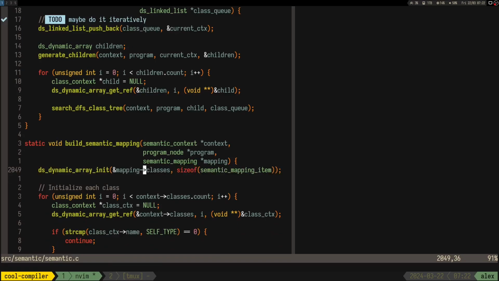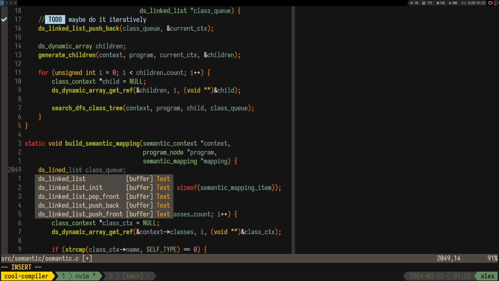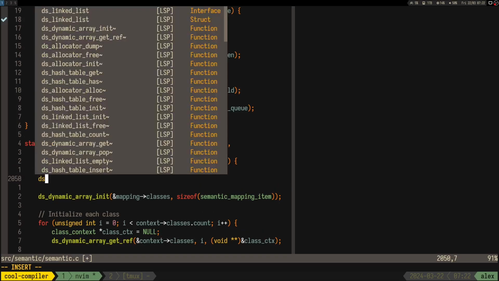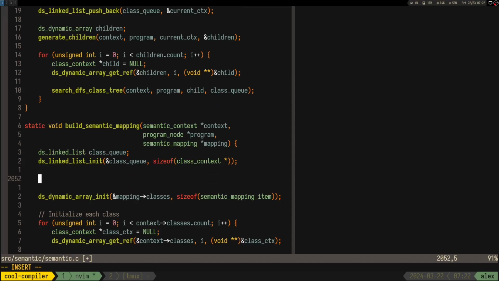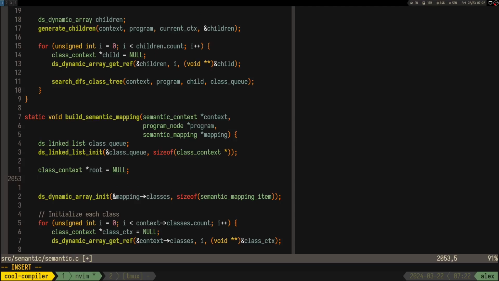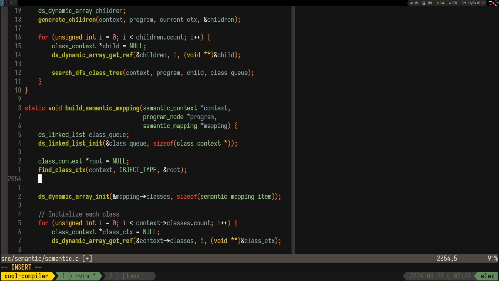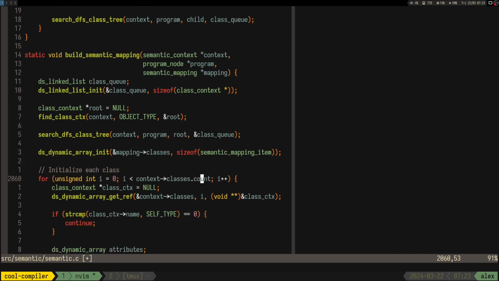So here we initialize this guy. So let's create this dynamic array. Well, a linked list. I wanted to say a linked list. The class queue, we have to initialize it, right? Class context root is gonna be object. Let's see. Yeah, it managed to figure that out. And now we have to do the search DFS. We start with the root, which is the object. We put everything in the class queue, and now we have to